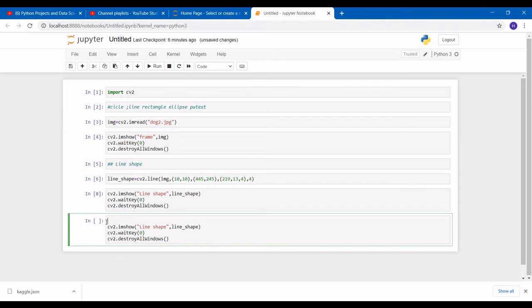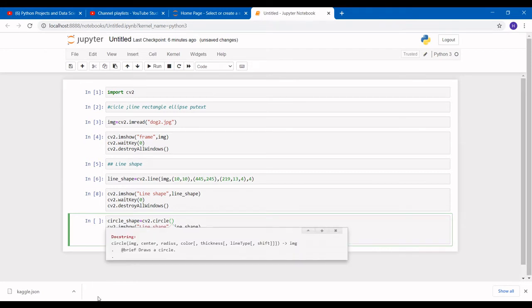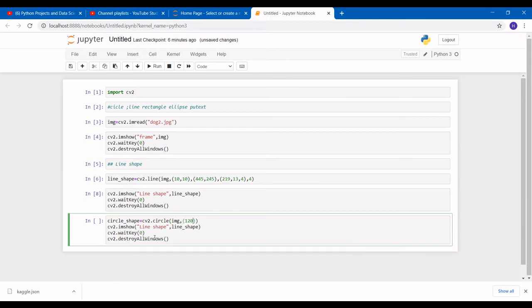Now we are going to use the circle shape. For that we can use cv2.circle. Circle has some different parameters like image, center, and radius. First we have to pass our img, which is nothing but our simple image. Then we have to give our center. The center is nothing but our coordinates, like 120, 50. After that we have to give the radius also. Radius we can give like 20. After that we have to pass our color. Color we can give anything, 237, 9, 40.